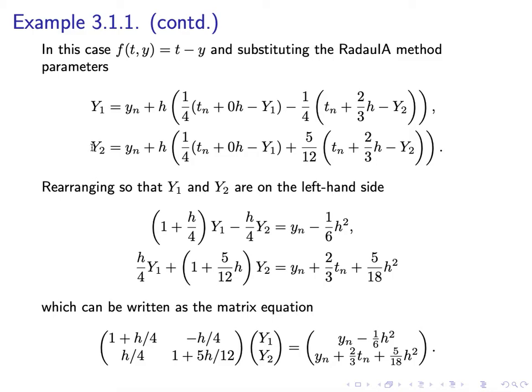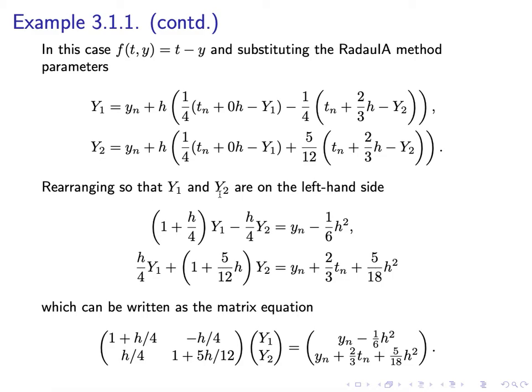And that's similar for the second stage. So a21 was a quarter, a22 is 5/12, and we have the same function evaluation as we have in the previous stages. So what we now have is implicit equations. We've got Y1 here and a Y1 on the right, and we have a Y2 here and a Y2 on the right. So I'm going to rearrange these equations so that our big Y1 and big Y2 are all on the left hand side,